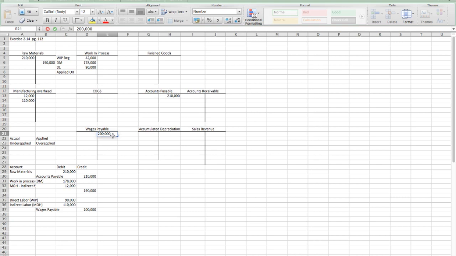So now, depreciation recorded on factory equipment. So we know that depreciation is not direct materials and it's not direct labor. Direct labor is normally the people that actually are assembling and putting together and working on the product, that actually touch the product, but it's still a product cost, so it'll go into our manufacturing overhead again. So that's depreciation expense. So our journal entry, depreciation and accumulated